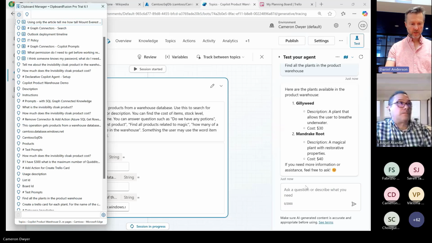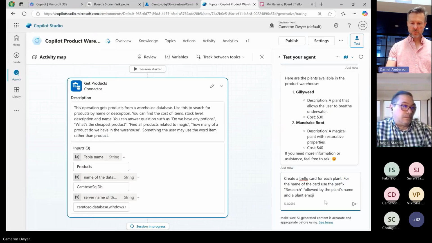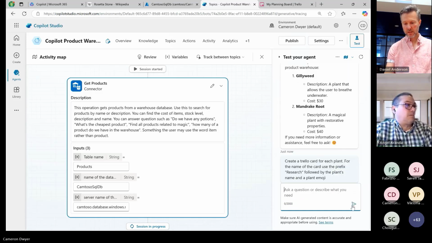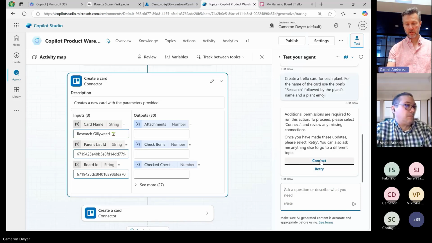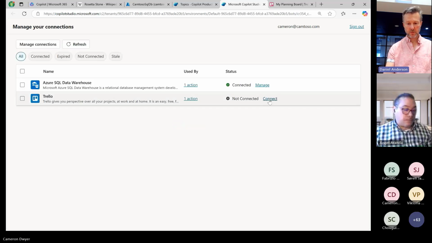Now we're going to say, okay, you found those two things. What I'd really like you to do is create a Trello card for each plant. For the name of the card, use the prefix research, followed by the plant's name. And because they're cool, just add a little plant emoji to the end of that when you create the card. Much like the first time we used the SQL connection, this is going to prompt me to set up the connection. Here we go. I will have to go out and set this up the very first time I use that type of connector.